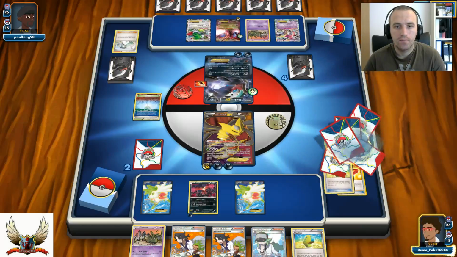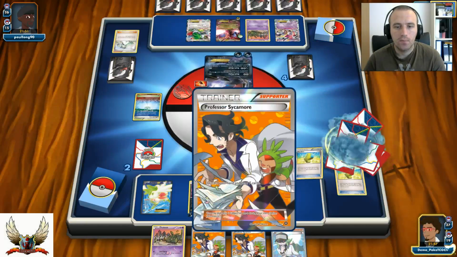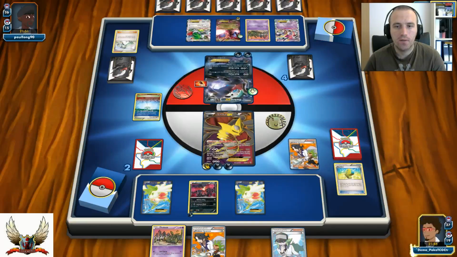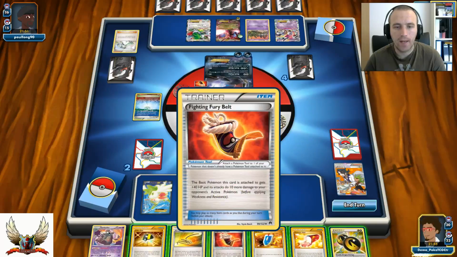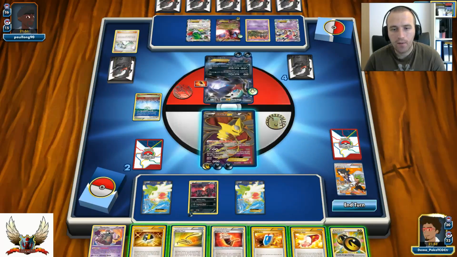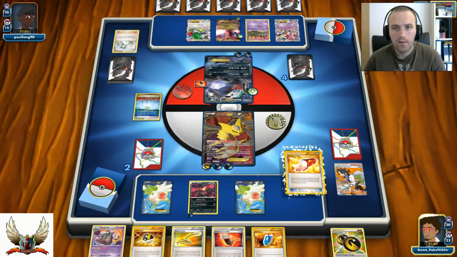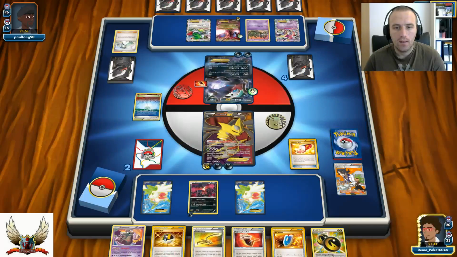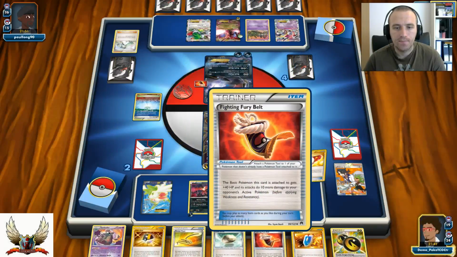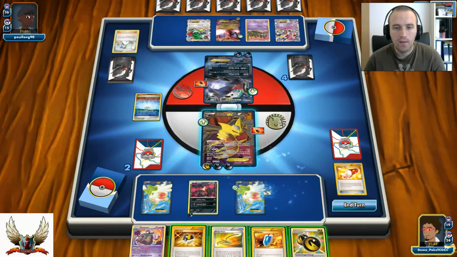None of them are actually good. So I'm going to play my Sycamore for 7, of course, in order to get that very valuable resource, which is actually Fighting Fury Belt. And right now I can do 2 things. I can dig my deck with the Trainer's Mail, maybe for the Float Stone. And the most important thing is that I'm going to attach my Float Stone to my Shaymin, and basically I'm going to